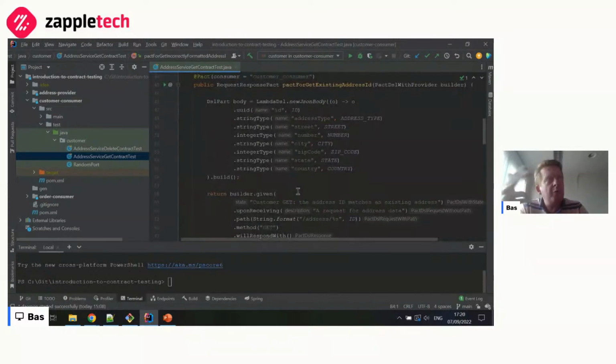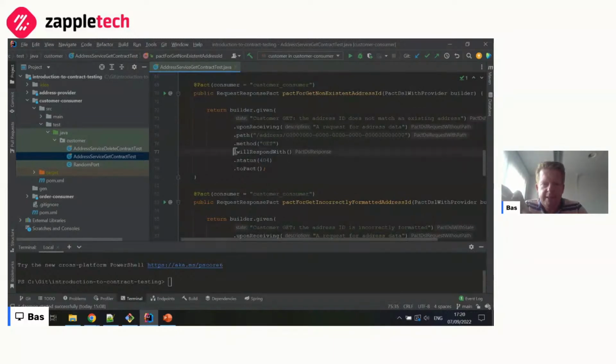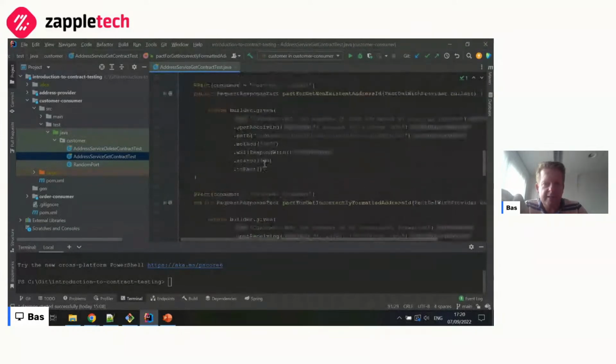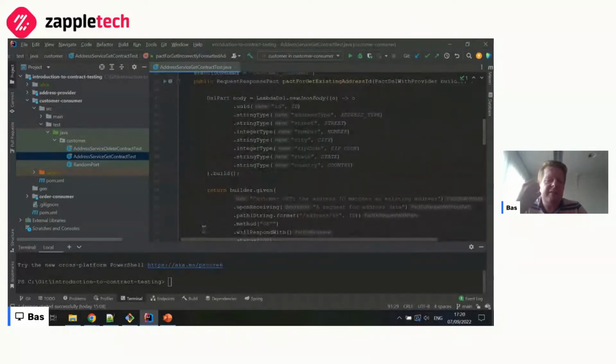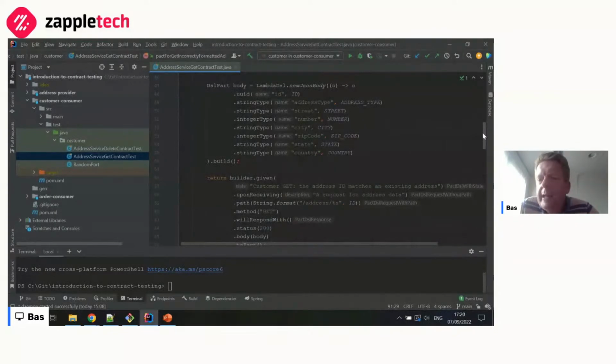So for the 404 and the 400 situations, the HTTP status code is really the only expectation that's written out. So for the GET, if the request looks like this, I expect the response to have a status 404 and a 400 for these two situations. The situation where I actually expect data, so the HTTP 200 situation, the OK situation, I have some additional expectations because I have some expectations as a consumer about the shape of the response, meaning what does the response data look like? I don't have expectations about the actual values because that's